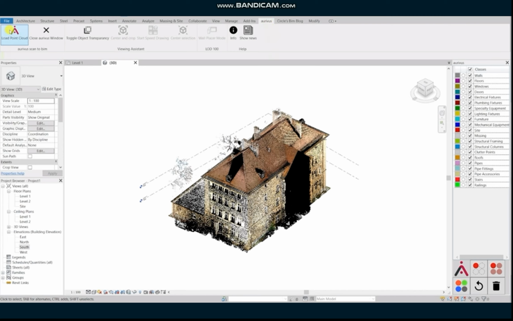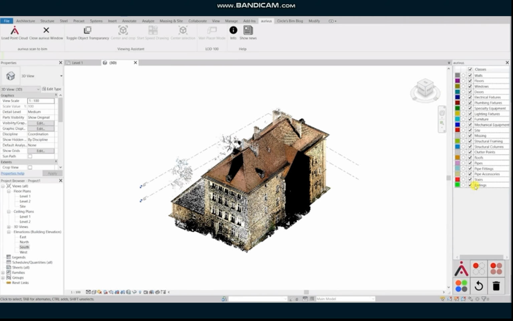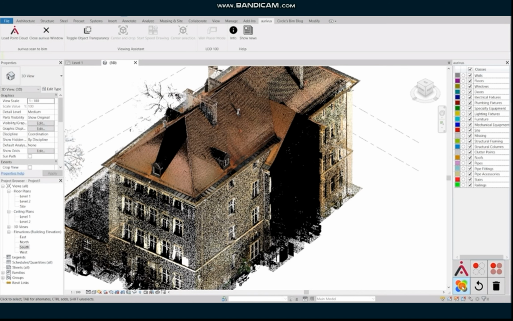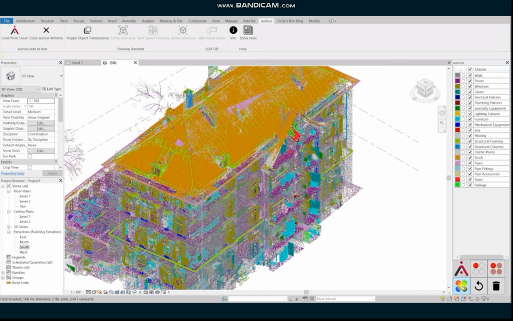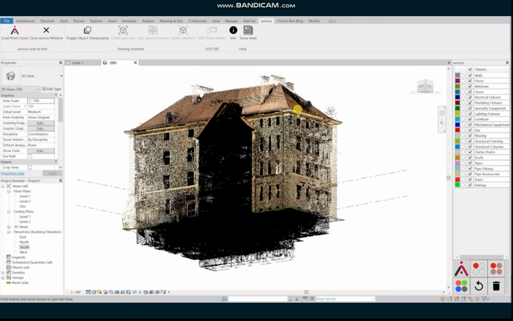And if you installed the Aurivus plugin, you can have all these buttons. And this one is to open the Aurivus panel, which is probably one of the most important windows for you, because this panel gives you the modeling X-ray superpower to have all the insights into a point cloud. Okay, the inside scan was without color. Then here you can see what the first thing is doing. You can change the color,